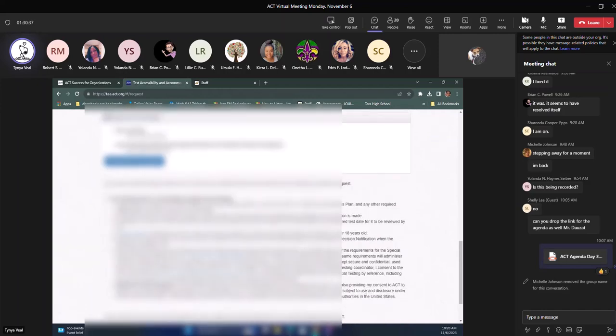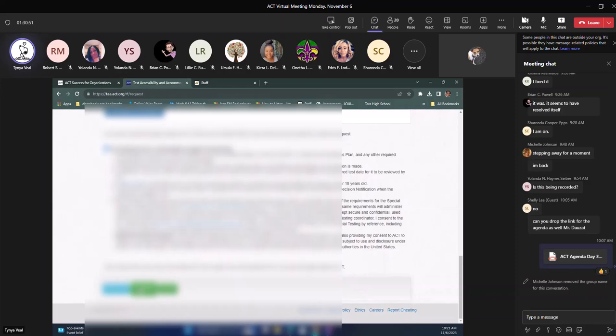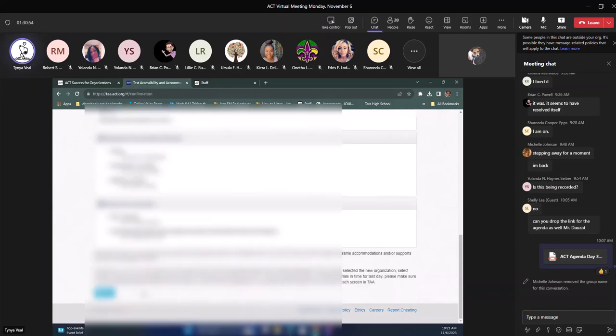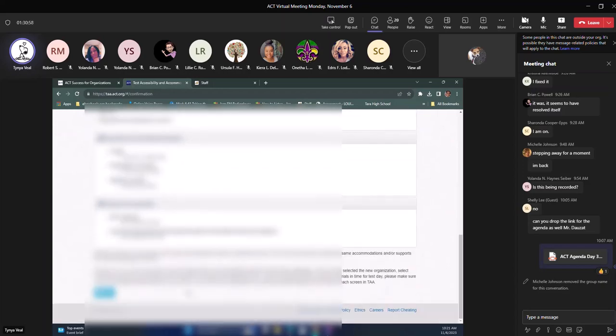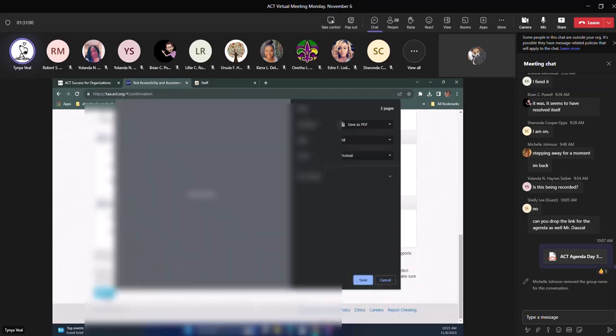And then the next thing, it wants you to acknowledge that you did the student consent or the parent consent form to release their accommodations to ACT. You click yes for that. And then the last thing you have to do is submit. So what I do instead, I used to print all of this. I don't do that anymore. I just go to print.